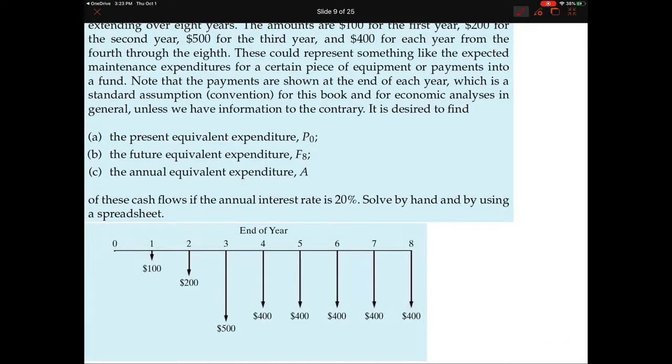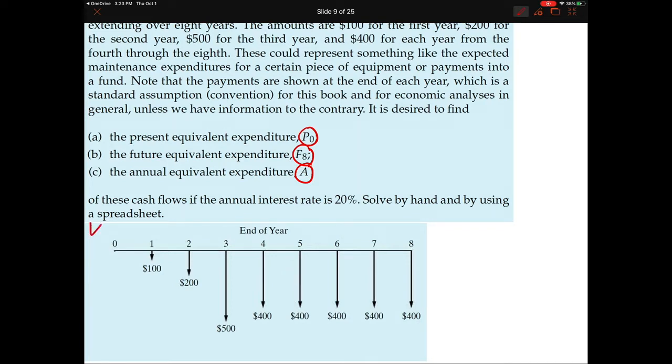Now, let's take a look at the example from the textbook. This is even more complicated because you are not only converting everything to the present time, it also asks you to convert everything to a future time. And it also asks you to convert everything to a new annuity, equivalent annuity. So you're gonna do